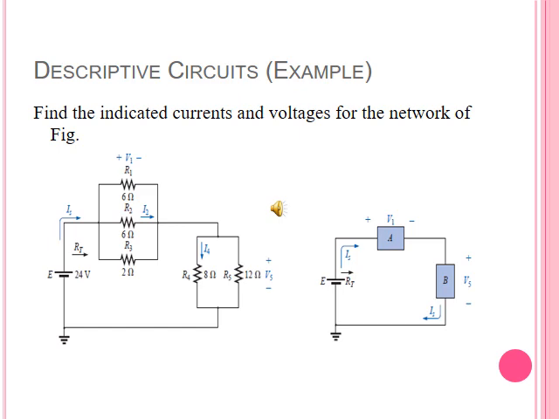Now we are going to solve another example with a somewhat more descriptive circuit. It means that it is an explanation, or a wider version of our previous approach. In this, we are going to find the currents and voltages which are mentioned in blue color. Now look at our circuit. The circuit has a source of 24 volts, R1, R2, R3, R4 and R5.